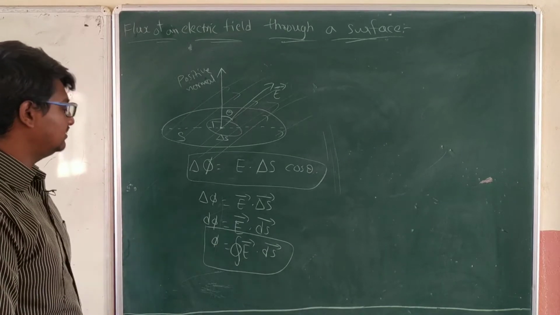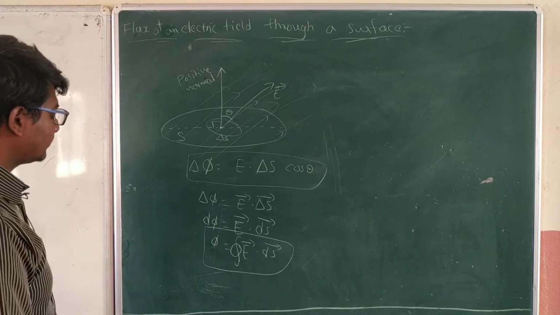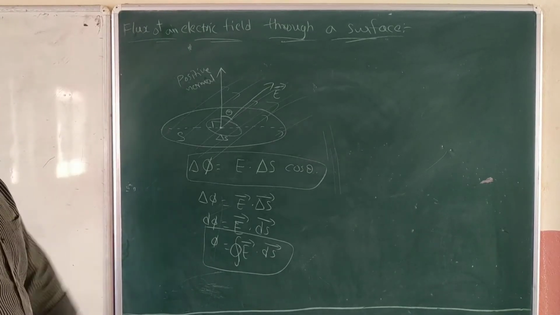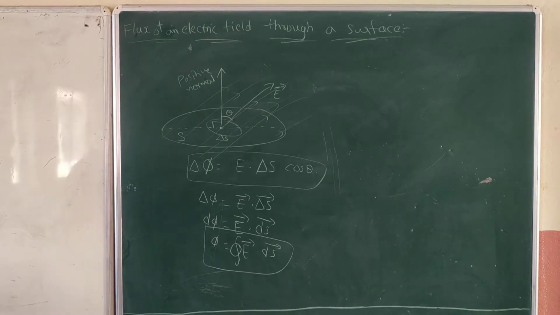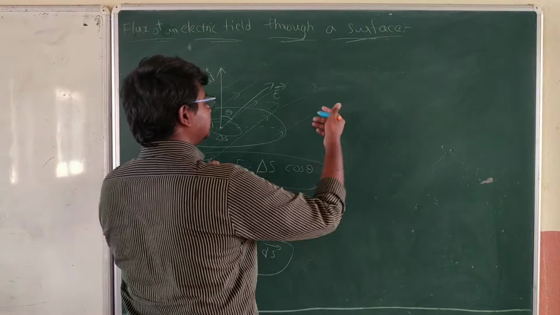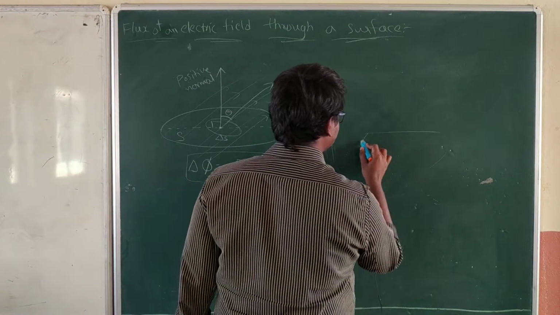This is an integration. Like this we can say phi is equal to integral E bar dot ds bar. This is nothing but the flux of an electric field through a surface. All right, and now let's consider one problem based on this. Let's take a